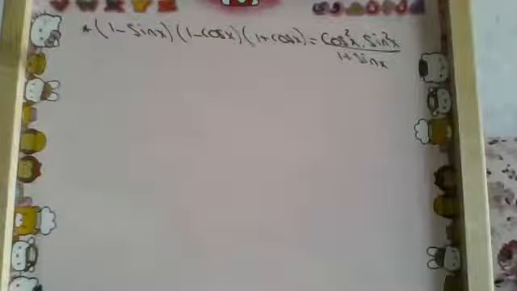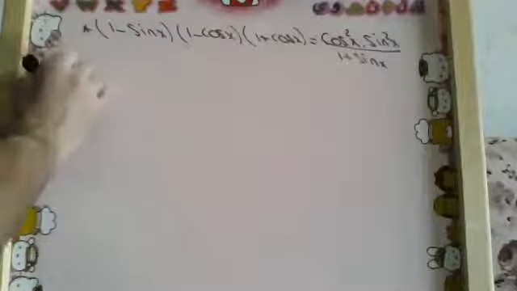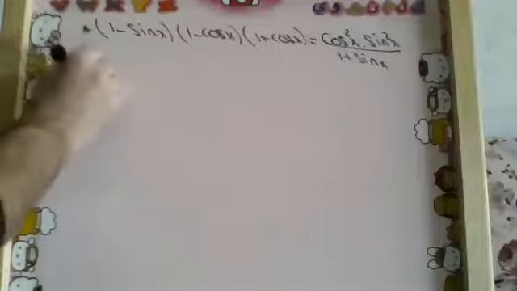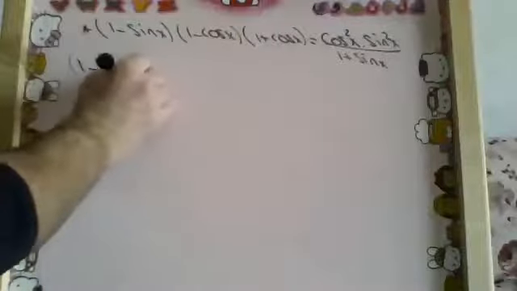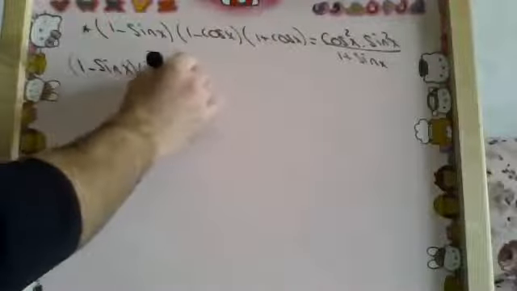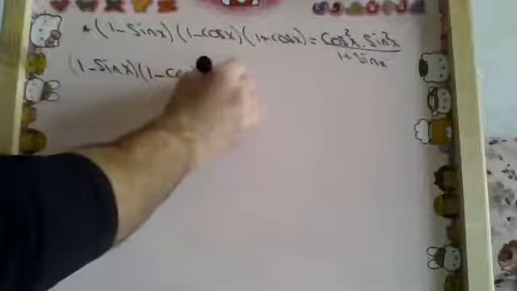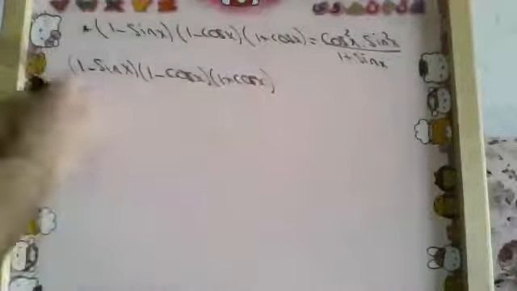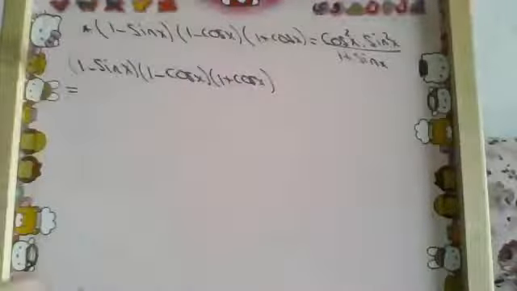Yep. It's very clear that you have to start from the left side. The right side, it's never easy. The left side: 1 minus sine x, into 1 minus cosine x, into 1 plus cosine x is equal to